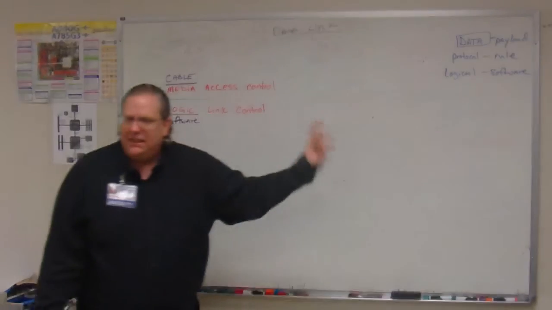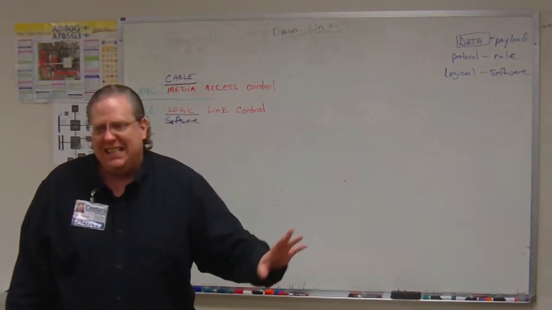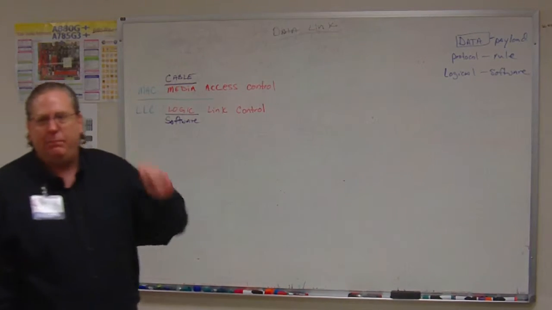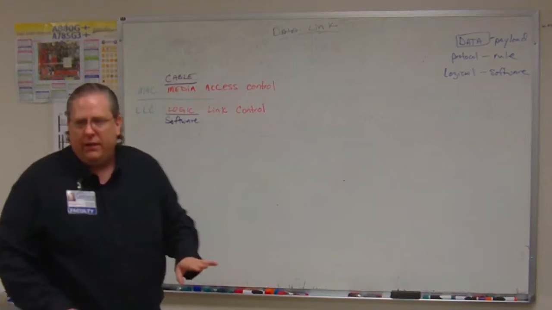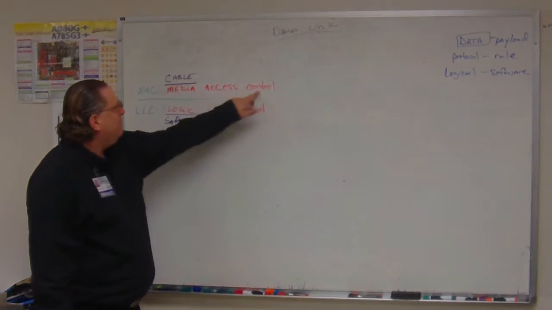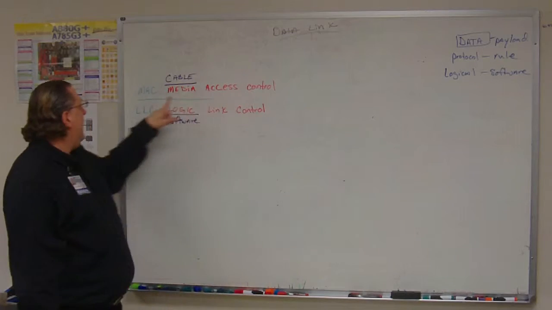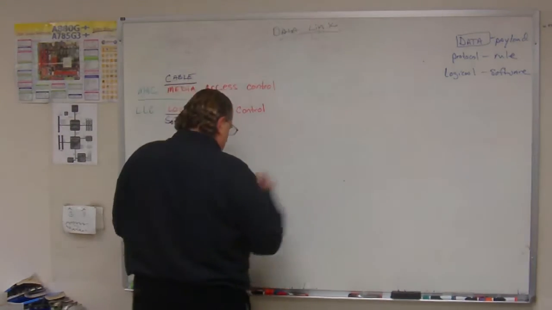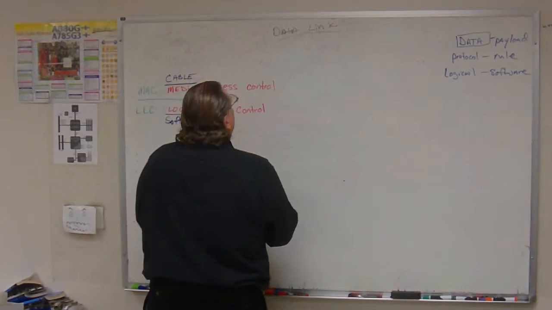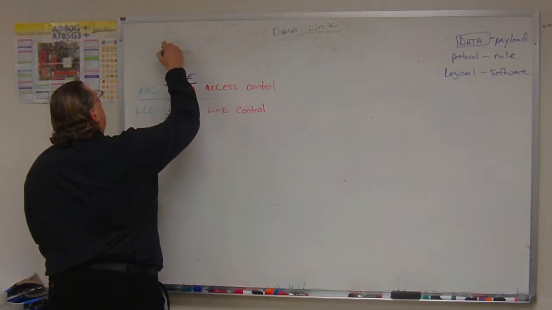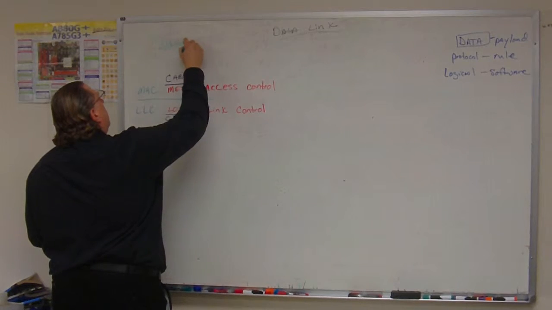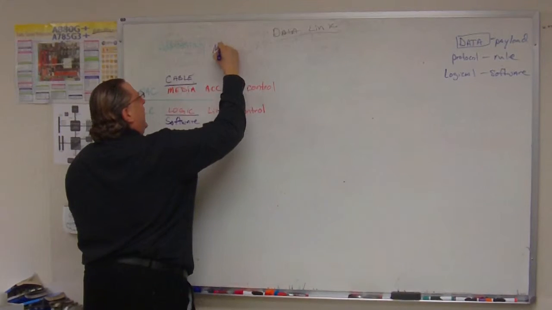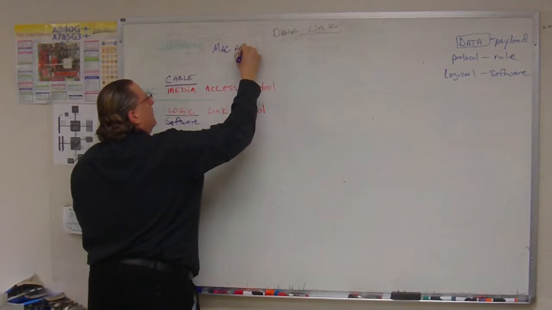Remember that broadcasting data? And computer A sent information, and computer D's MAC address was on that information, but computer B and C and E just ignored it. Because in order to get access to the cable, it had to be my MAC address. So, media access control is the delivery mechanism. So we're going to say that the addressing is